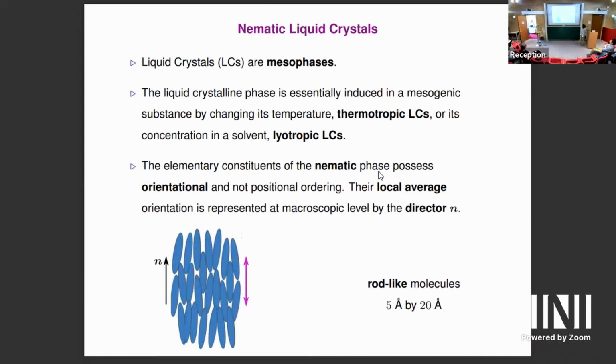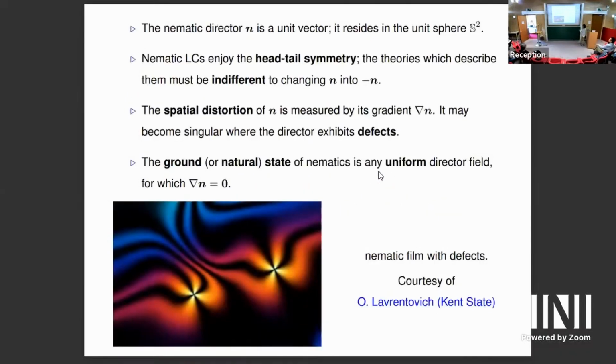And the elementary constituents of the phase, which are rod-like molecules of the typical dimension of 5 Angstrom by 20 Angstrom, or assemblies of molecules, possess orientational ordering, but not positional ordering of their center of mass. And their local average orientation is represented at the macroscopic level with the unit vector, which is called the director. And the director is a unit vector, and